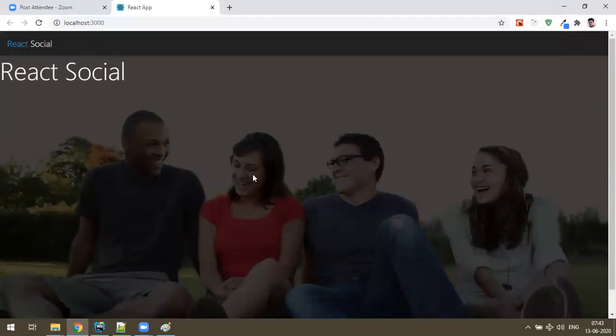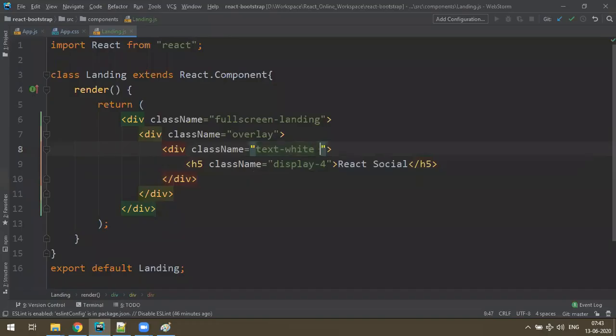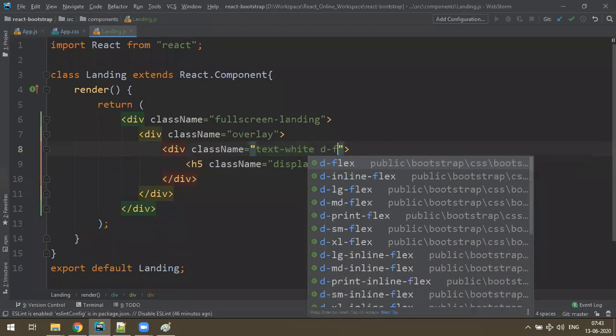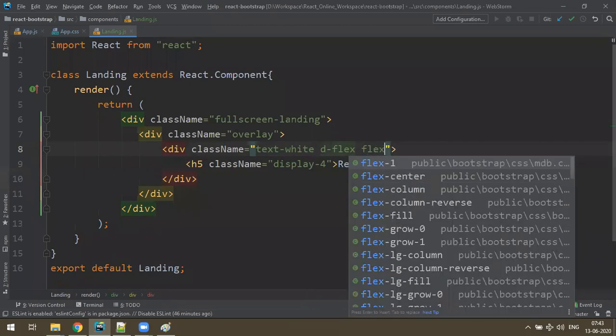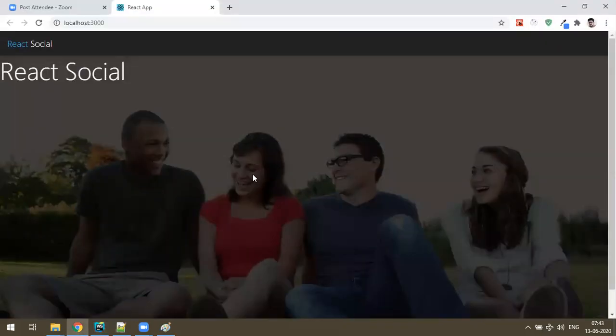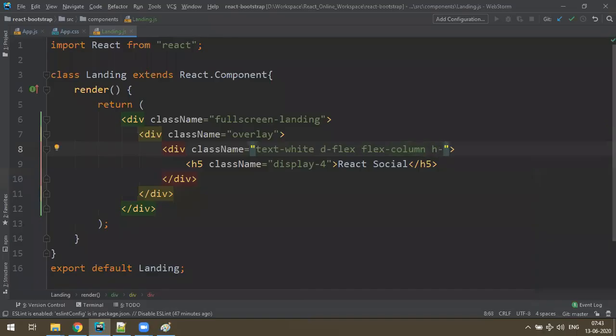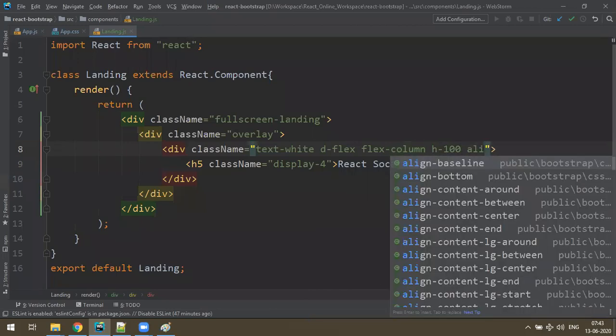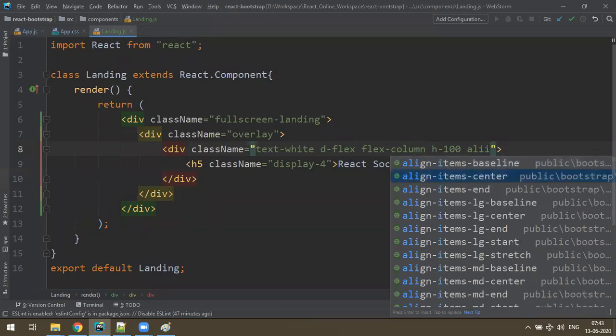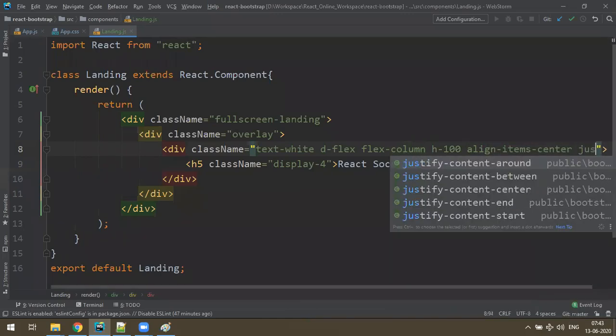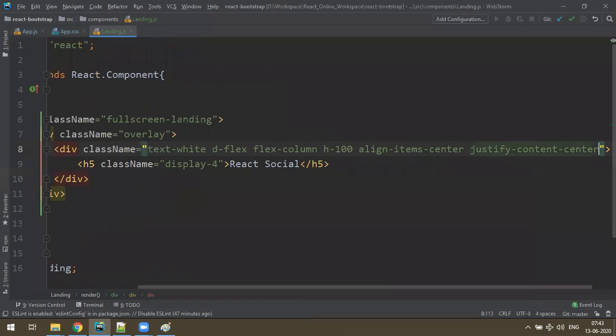And keep it center here. You can use the flexbox concept: d-flex and flex-column, and let's make some height 100 and align-items-center and justify-content also center.